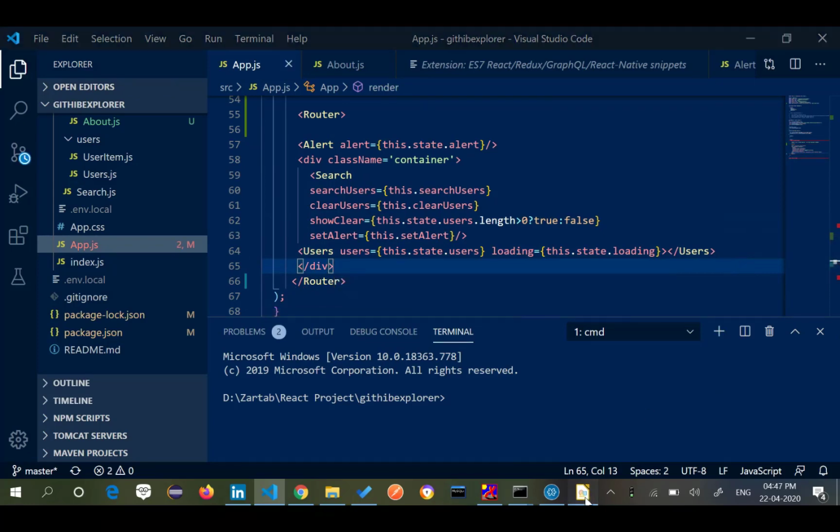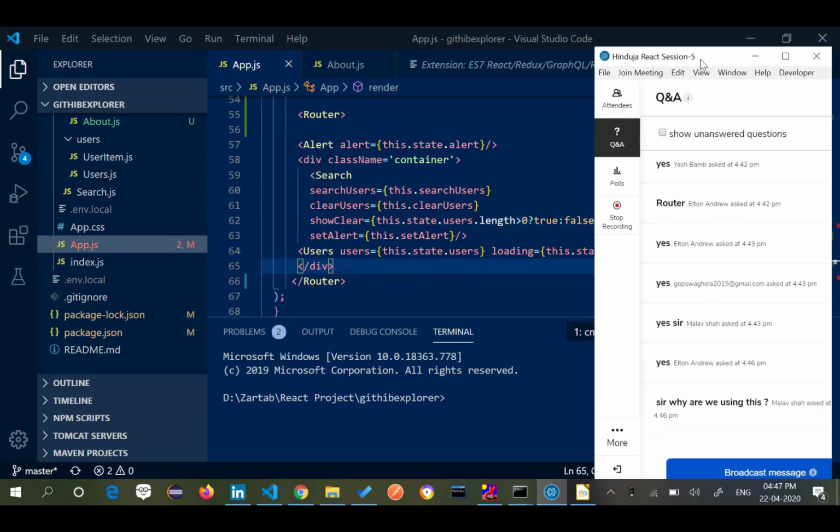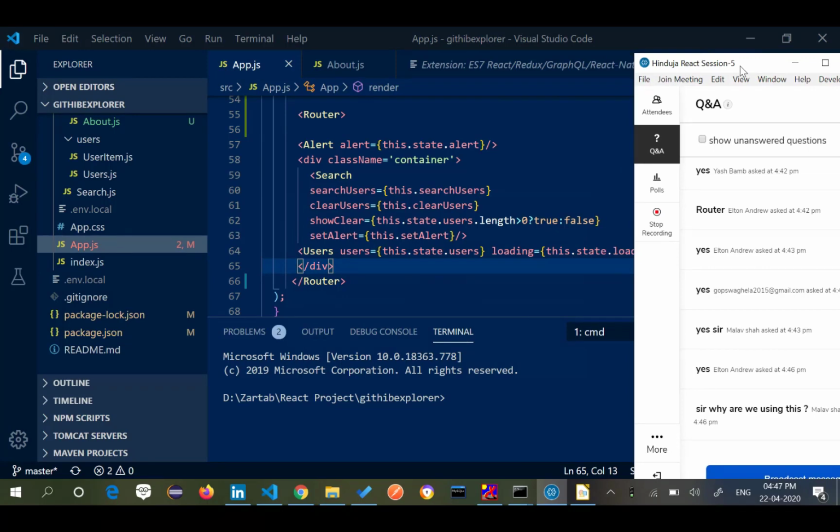Okay, everyone clear? For implementing a single page application, first thing, because I want to create the linking between the apps now. What you have created is okay, but what about when we have got multiple pages? When we have got multiple pages, what we are supposed to do is implement the router. So the first thing we have done is implement the router. Are we clear on this point?